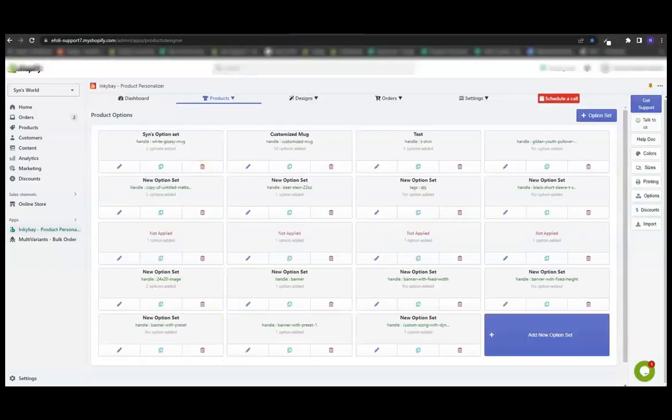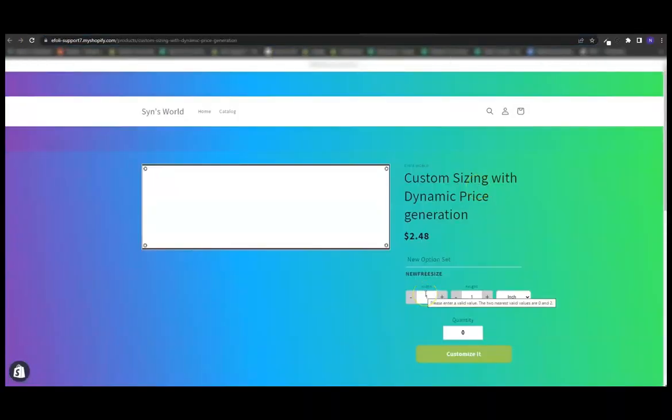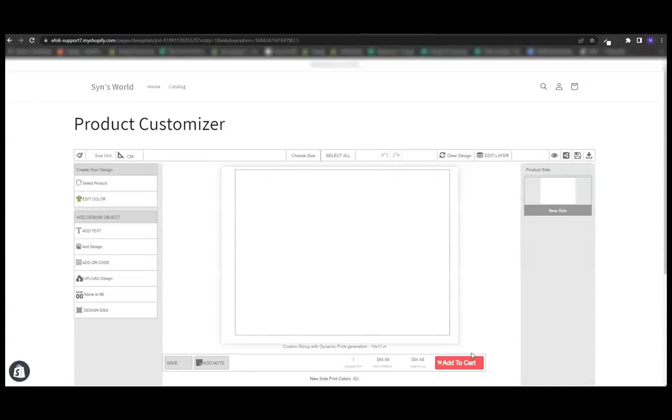Now if you go to the product page and reload the page, you will see two fields for width and height, so your customers can choose their preferable width and height, and you can also see that the price is changing according to the size ratio. Now if you click Customize It button, Design Lab will open, and you will see a product image is generated with the size ratio that you have inserted in the product page with the updated price. Now you can customize this product. So I hope this video